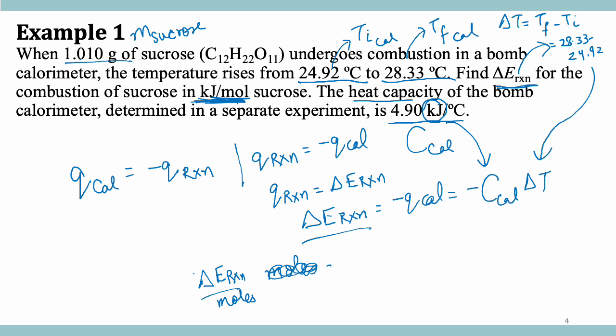So for that I need to find moles. What's given to us is grams of sucrose, so we will convert grams of sucrose into moles. How will we do that? For that we need molar mass. Grams will be converted into moles using molar mass, right? So 1 mole is equal to molar mass of the substance. So